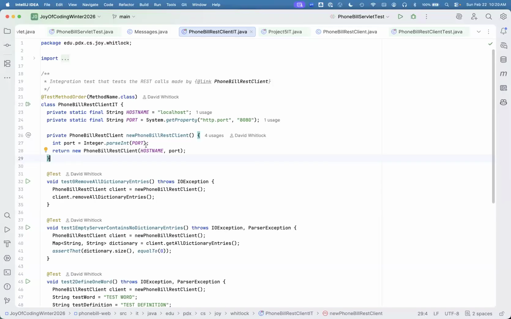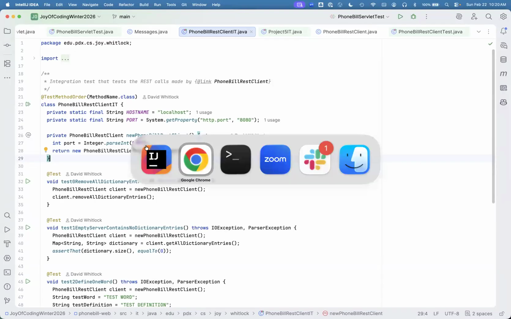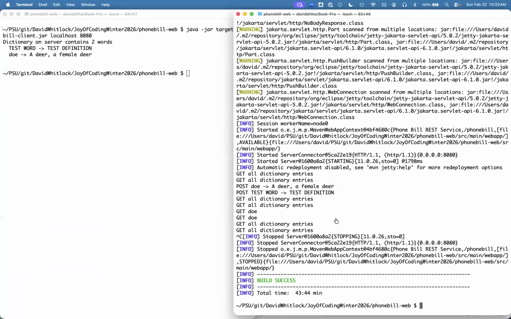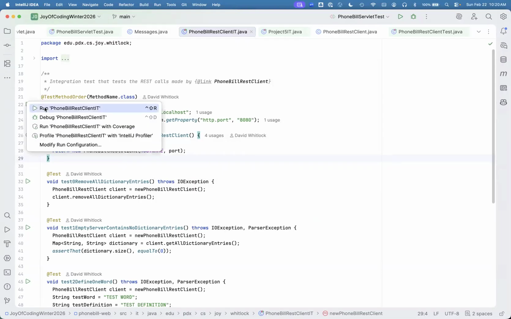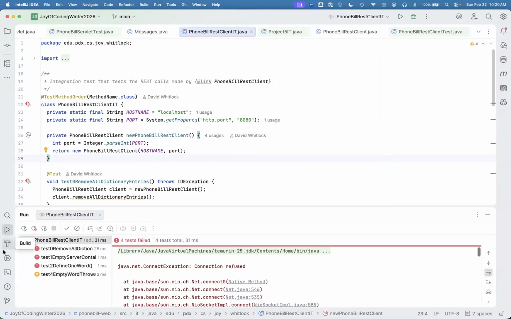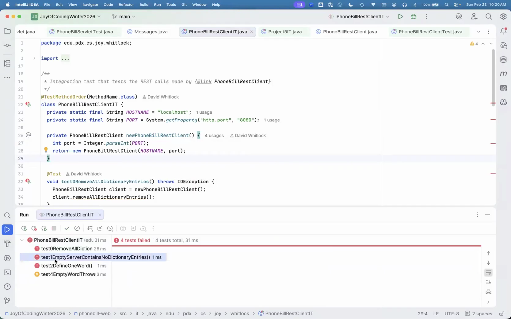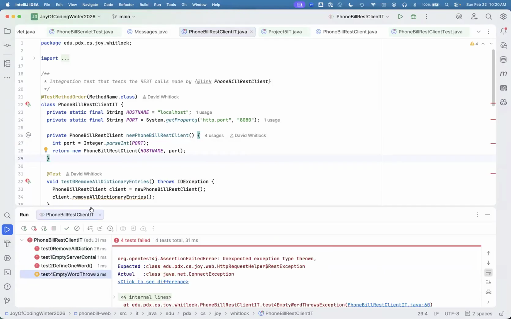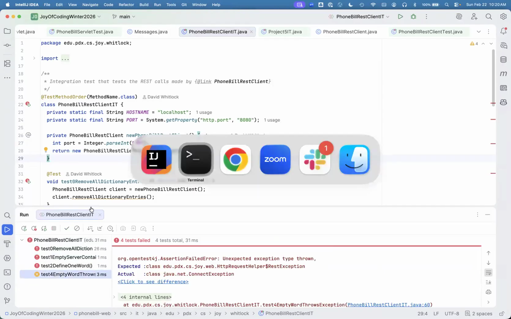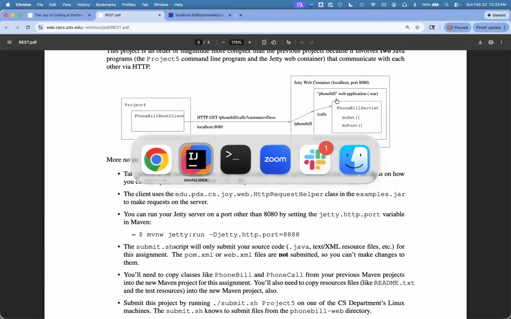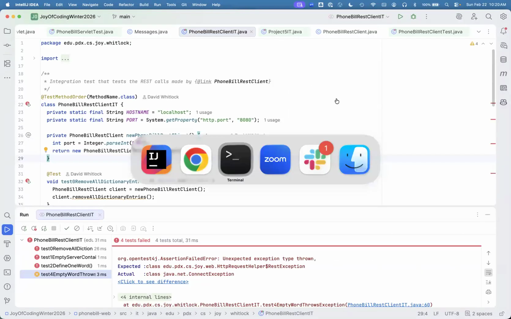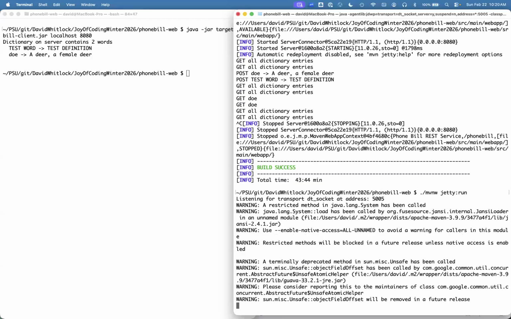Because you can run, and actually, I'll just do that now. Well, first I'll run all of these integration tests with no servlet running, and not surprisingly, they all fail because the connection was refused. Right? These tests are attempting to make HTTP calls. So this is the REST client. It's trying to make calls here, and the server isn't running, so all of that fails. Not terribly surprising. But once I start it back up again,